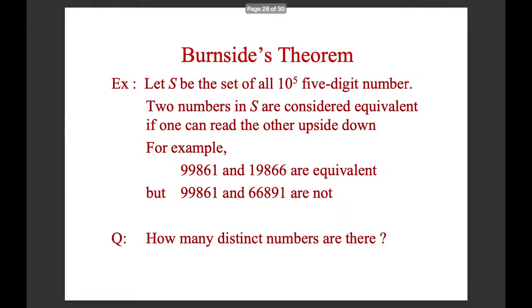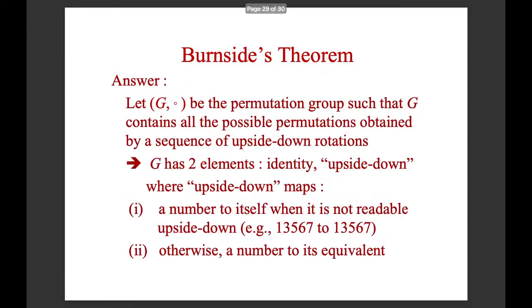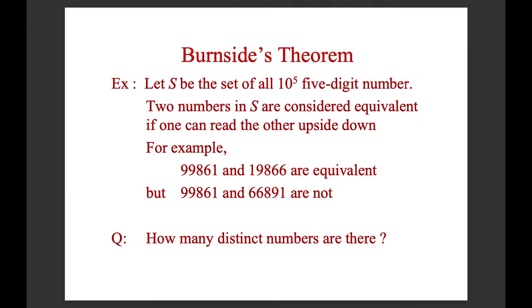And then another problem. Okay, so let me double check. Okay, so this is another problem. This time we look at license plates, 5-digit license plates. So they are all formed by decimal numbers. We consider two items to be the same if one can read the other in the same way from upside down. So for instance, suppose that